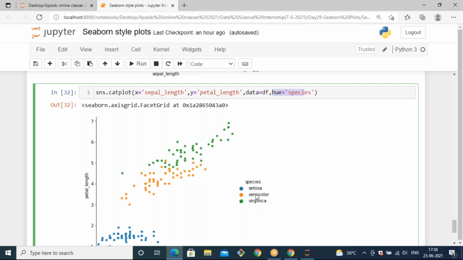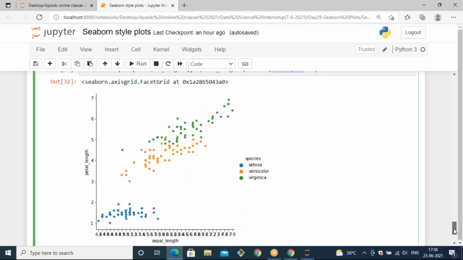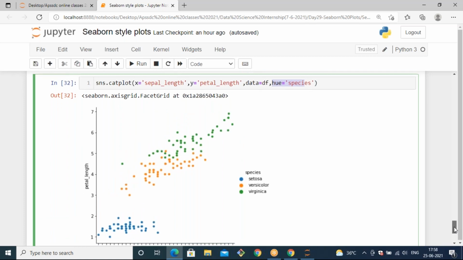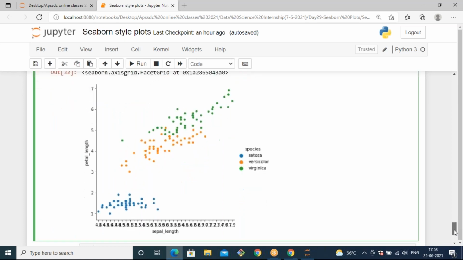In species, we have totally 3 values, Setosa, versicolor, virginica. Based on that, it will generate a color for every value, and that color will be reflected in your plot, so that you can easily group it. Hue is a parameter with which you can group your values and locate where they are.